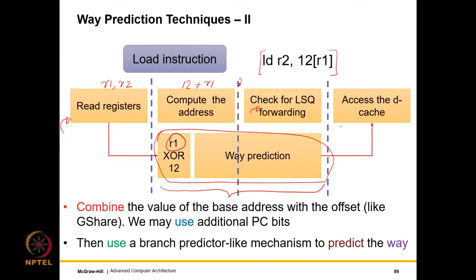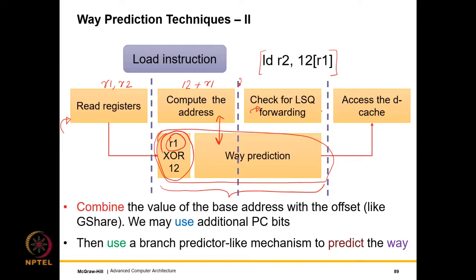Of course, alternative organizations are also possible. So there will be some questions at the back of the chapter which also look at different ways of organizing the timing. But if we take a look at this particular example, what we can immediately conclude is that we do not have enough time after the address to do the way prediction, so it needs to happen in parallel. That is why we need an estimate where we use a XOR function like the G-share predictor to provide us an estimate of the address.